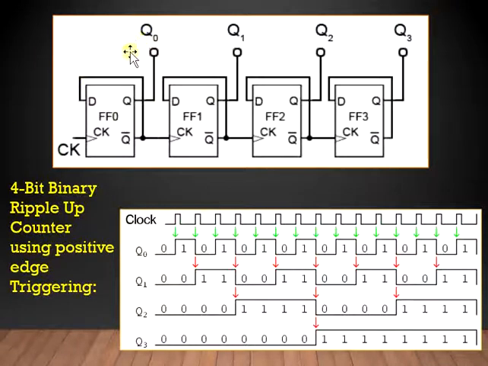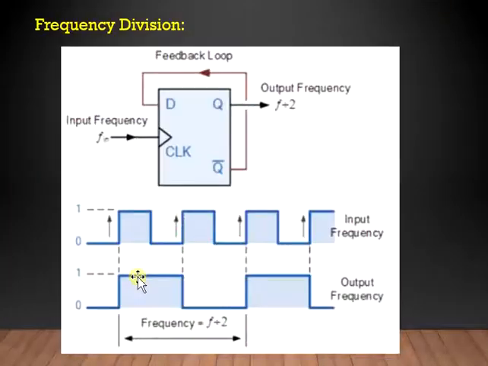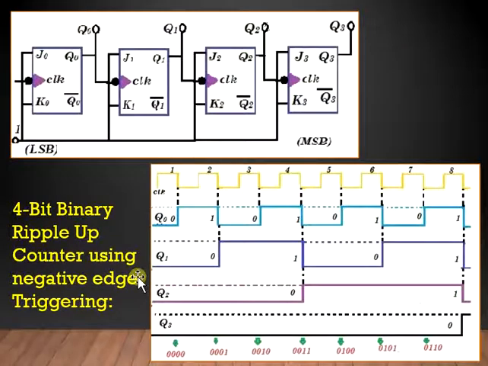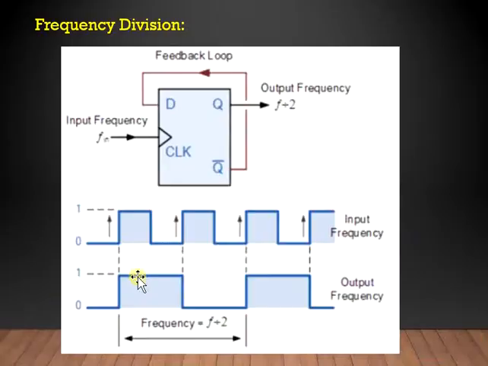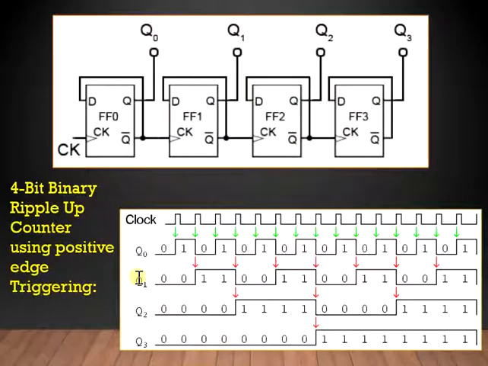The only difference would be that this is positive edge triggered, whereas the previous design that we used is negative edge triggering. So the positive edge triggering and the negative edge triggering can be easily identified by looking at the timing diagram and also by looking at the way the cascading has been done. If you observe in this particular circuit, you can see that there is no bubble connected to the clock, which indicates that it's a positive edge triggering.